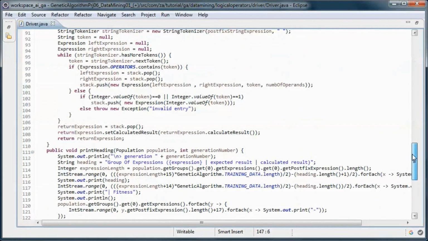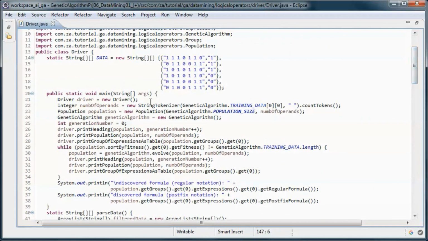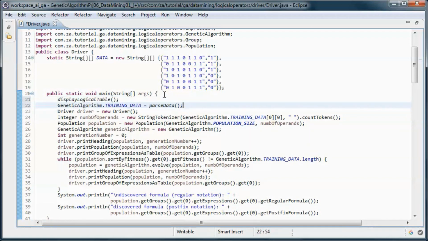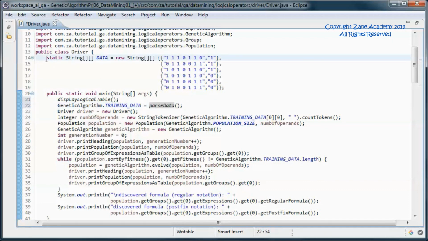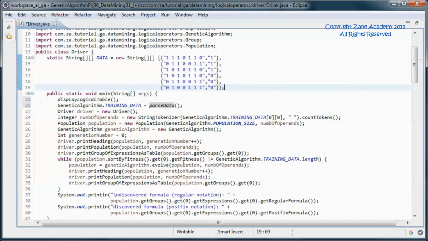And let's go to main, and add this code. So we are populating the training data after filtering it through this method. And for this driver, the training data is hard-coded.